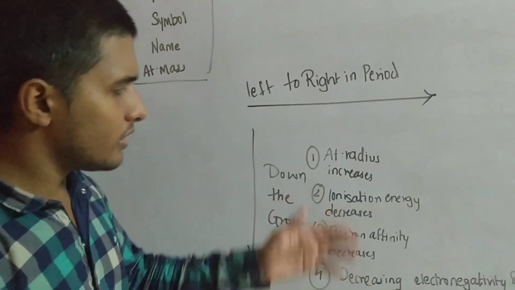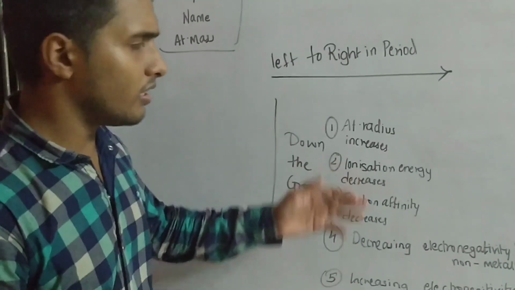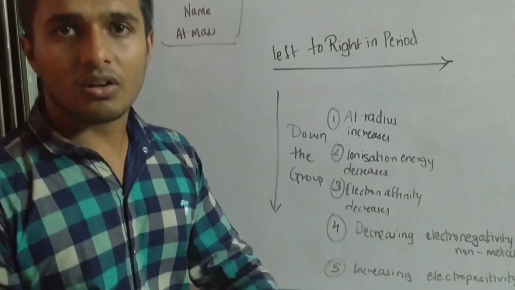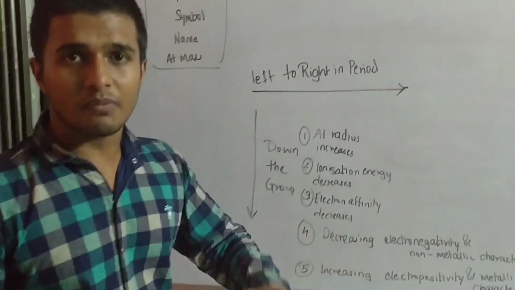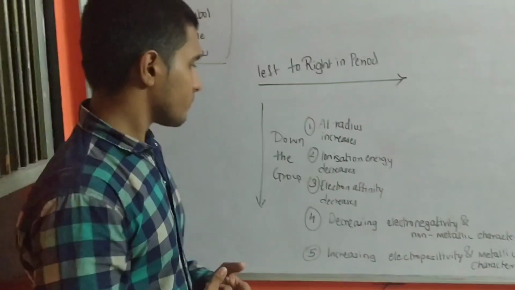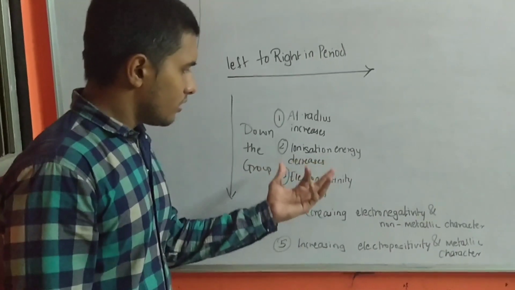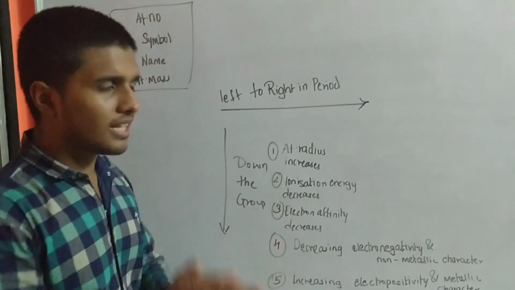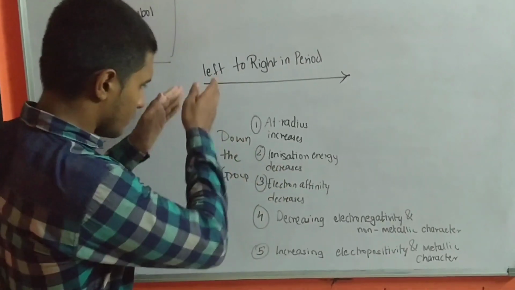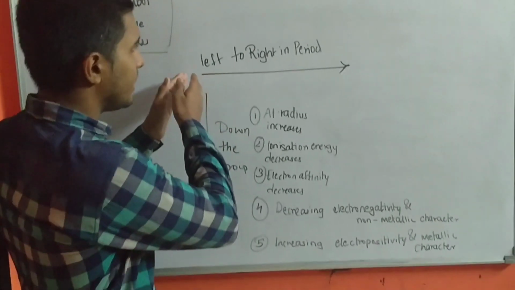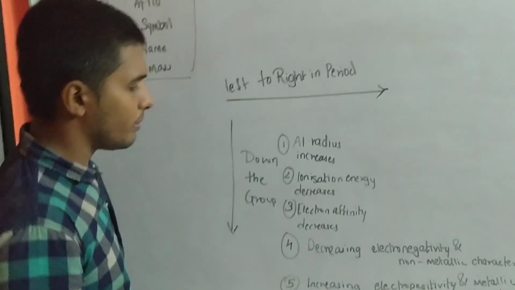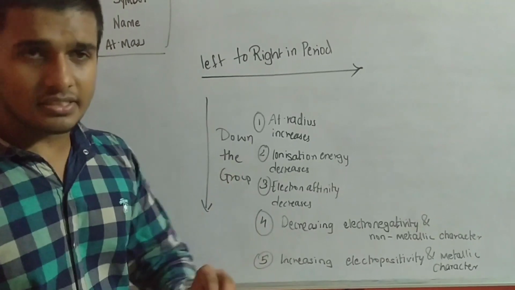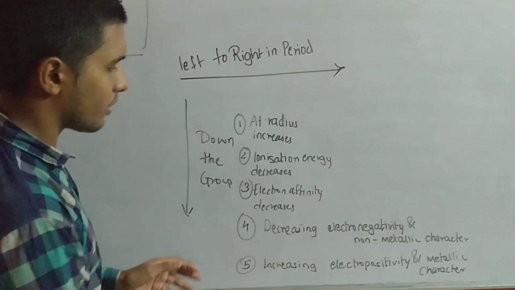Next is electron affinity. Electron affinity is the opposite of ionization energy. That is, in ionization we donate an electron. In electron affinity we gain an electron, which increases more negativity in the particular atom. So the electron affinity is mainly for noble gas, neutral gases. It decreases when we go down the group and it increases when we go from left to right in a period. The last two things are very easy to understand without a description.